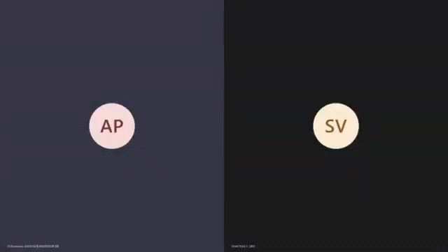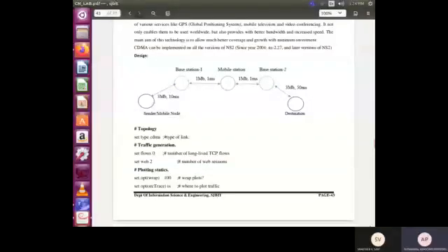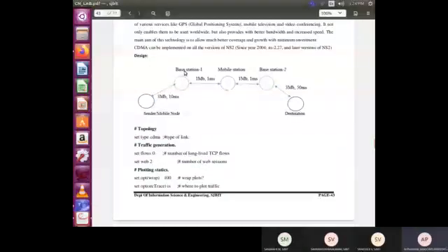The diagram of the network topology is the same as the fifth program, where you have one sender node and a destination node. The sender node is connected to the base station, and between two different base stations is the mobile station, and then the destination node. If the distance between sender and destination is too much, then we may have more than one or two base stations which are interconnected with mobile stations. So this depends on the distance between sender and destination. The technology that we are using is CDMA, so the type of topology is CDMA.